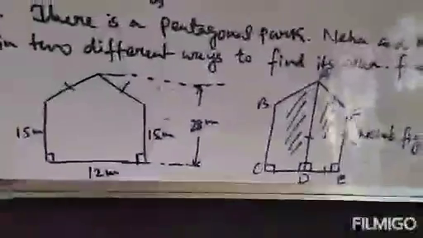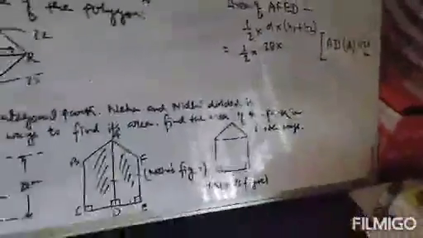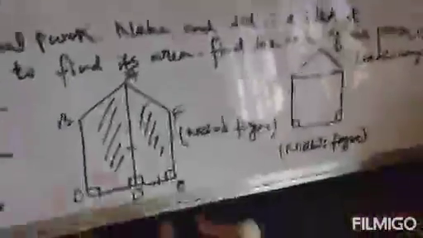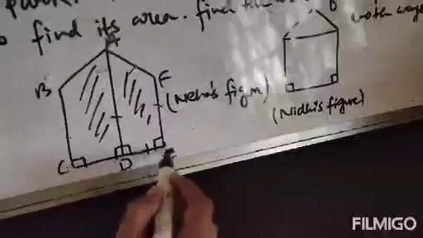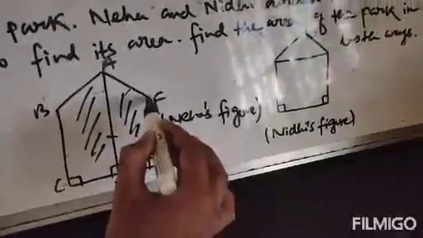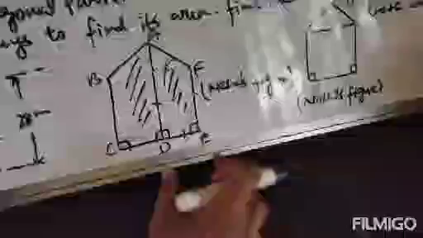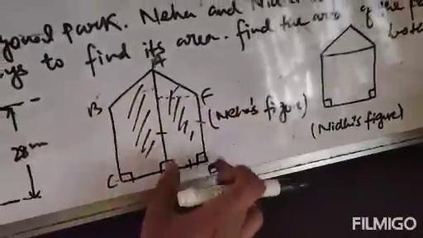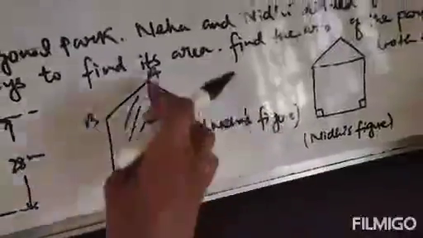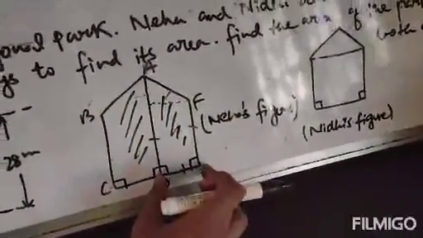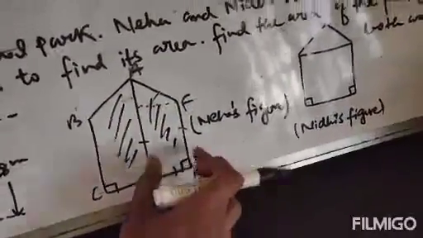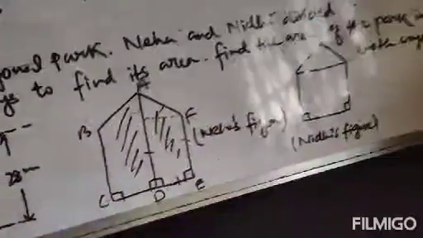28 meter is given, not centimeter, so just write meter. Unit is meter. So 28 meter. And then height. We have to find out the sum of heights, h1 plus h2. Now this is the height. That means D will be the height. If DE is h1, then this will be h2, because if this is 6 centimeter, this is also 6 centimeter, because height in the same quadrilateral cannot be different. So height is 6 here.